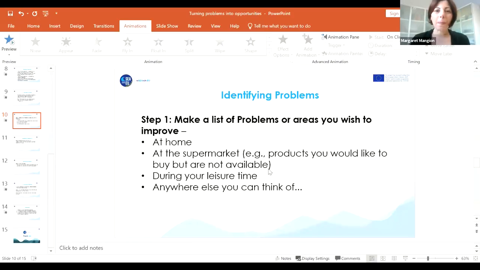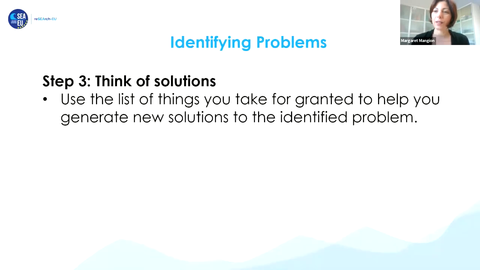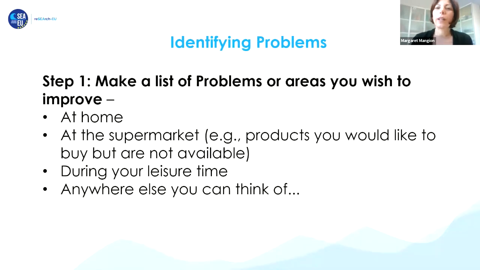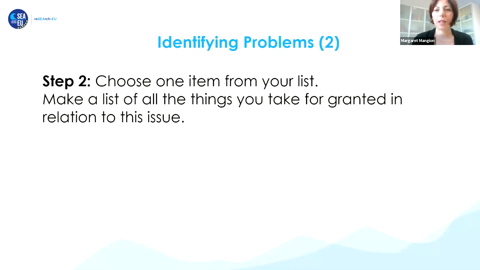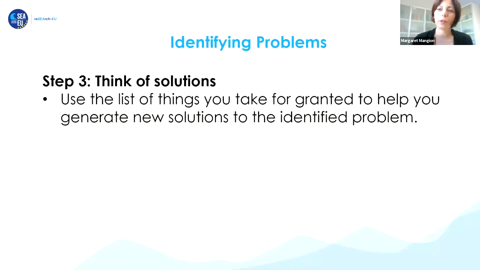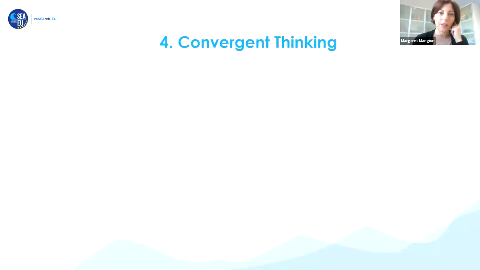So I will now need to go back to my presentation. Okay, because so we made a list here, and I think that you should be able to see my presentation. And these were the steps that we did go through. Okay, step 1, make a list of what we take for granted, what we assume, and we thought of different solutions, so we picked one. And now the convergent thinking style. So what all those are